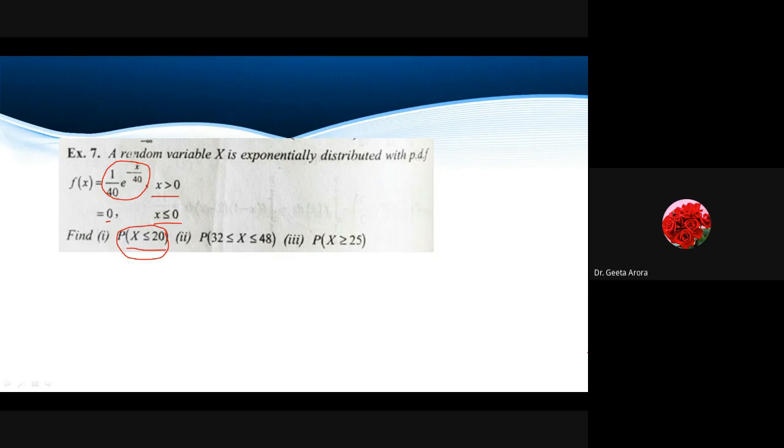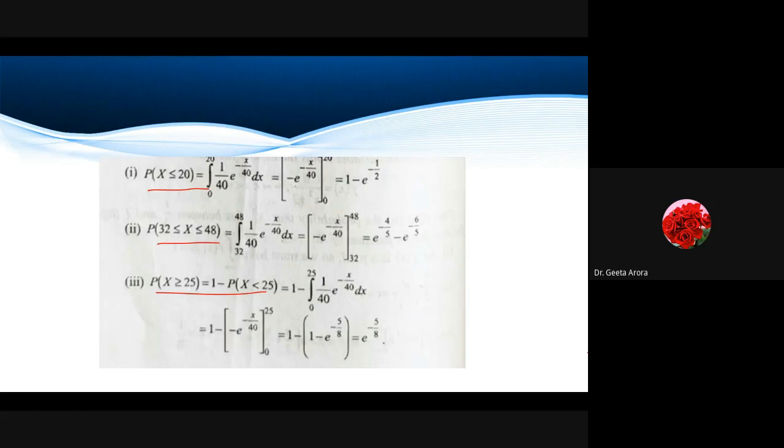Actually, let me continue, otherwise it will be hard. But Shubham and Himanshu, you have done well. I think it's correct. Yeah, it's correct. Now, you can see your answer is just similar to what we are getting.